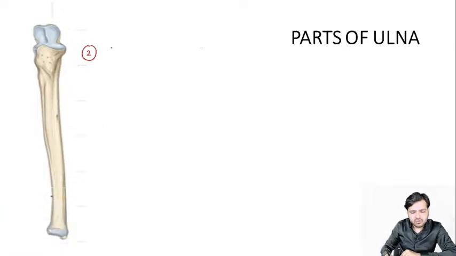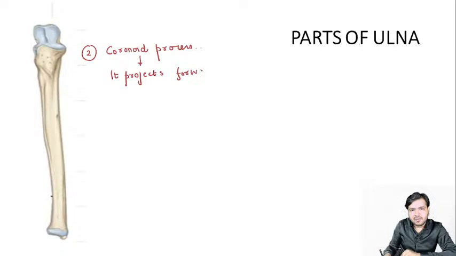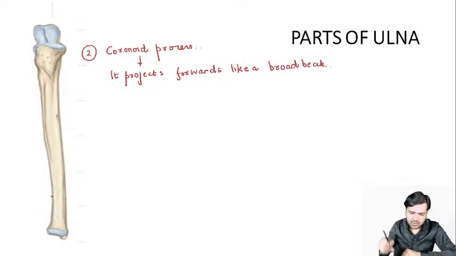And remember, the coronoid process projects forwards like a broad beak. Basically its upper part,